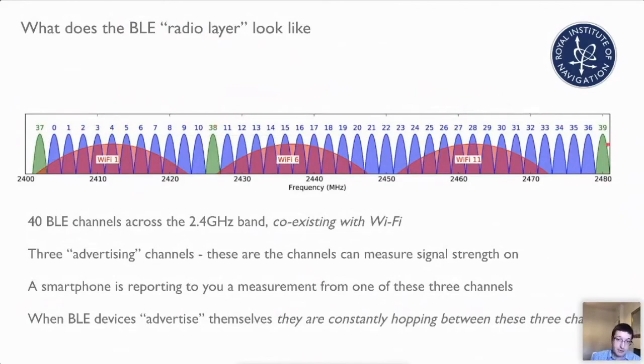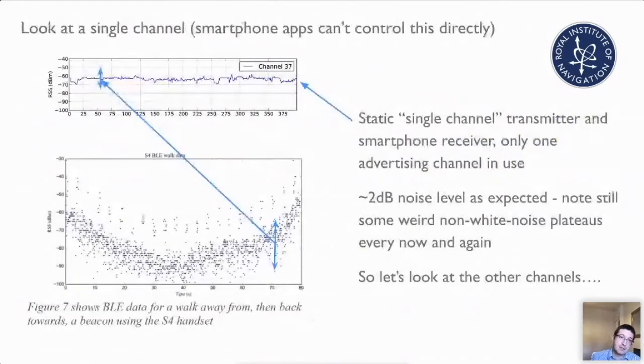And they're the channels that Bluetooth devices use to say hello to each other on. They hop between those channels and transmit a hello message on each of these different channels in a constantly hopping sequence. So if you make a special device that can only transmit on one channel, and smartphone apps can't control this themselves, you can't write a smartphone app that only transmits on, say, channel 37. But if you make a device that does, and then you use a smartphone to record data from it, you will actually see the very low noise floor, the about 2 dB standard deviation noise that you should be getting, which is about 10 times lower than